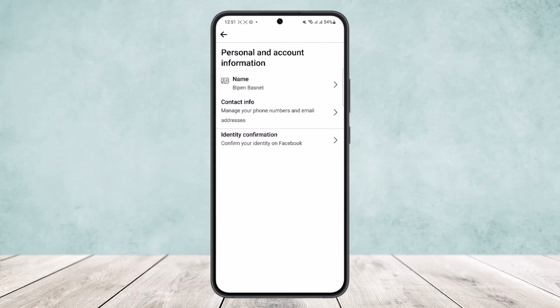Tap on it here and here you'll be able to find the option account ownership and control, and under it you'll find the option account deletion or deactivation. However, here you can see there is no option. If, like me, you don't find an option to delete account here, what you can do is